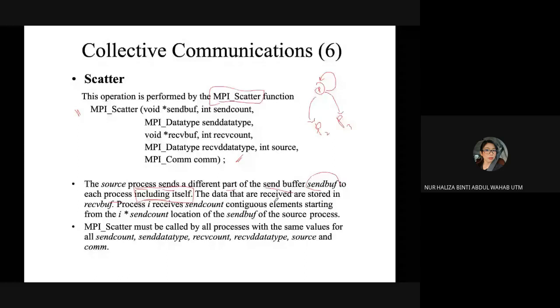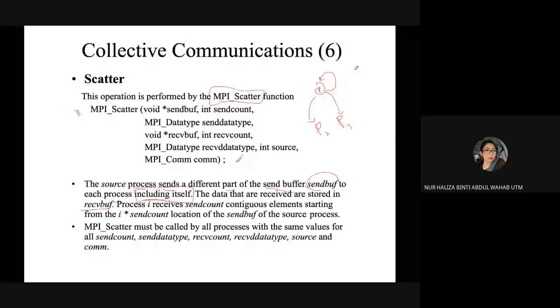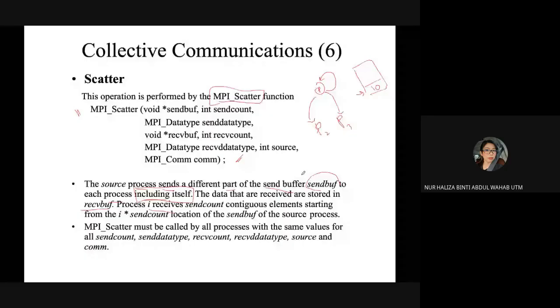The data received is stored in your receive buffer. If a process sends the value of 10, it will store inside your receive buffer.